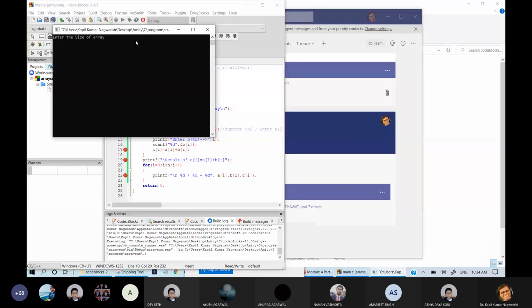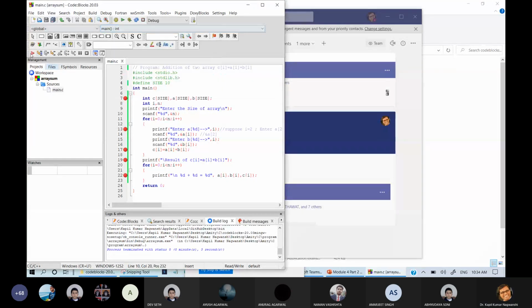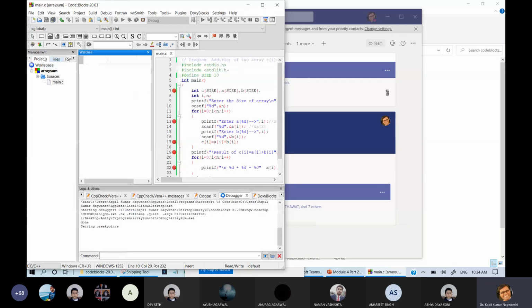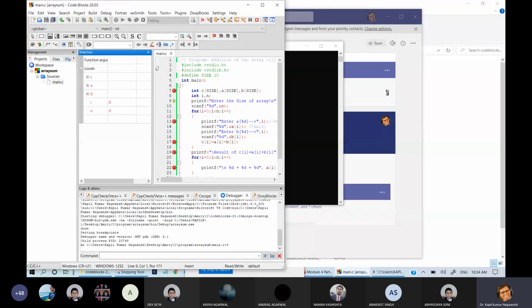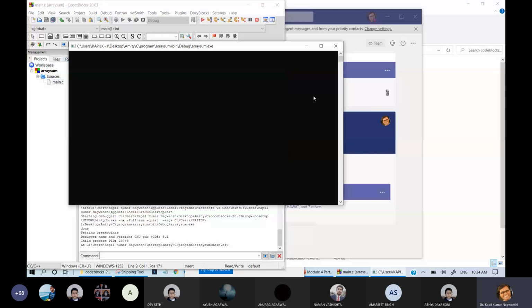Now it will start debugging. So initially you can see that the size of the A array is 0 to 9, and the size of the B array is 0 to 9, and they show some garbage value at particular places, and the initial value of I is 0 and the other is also 0.